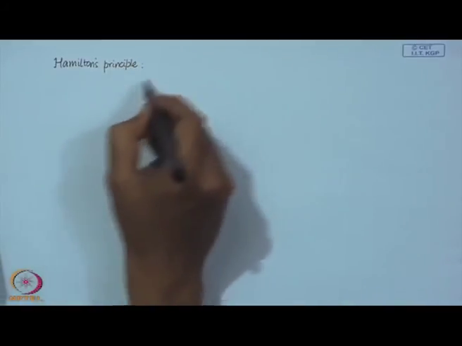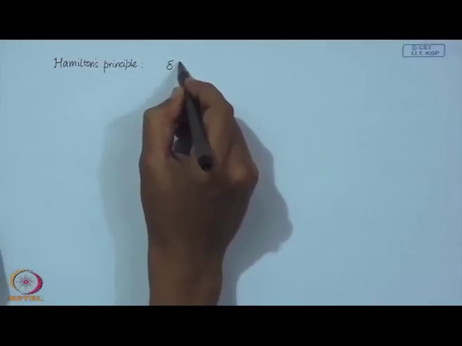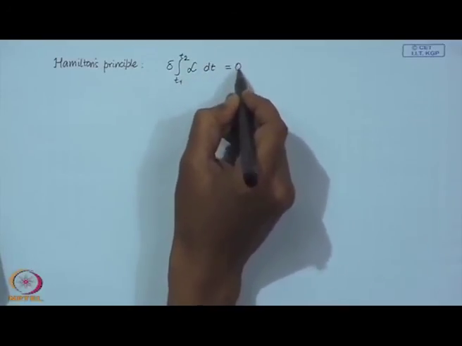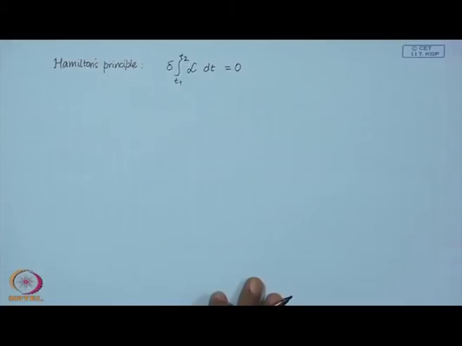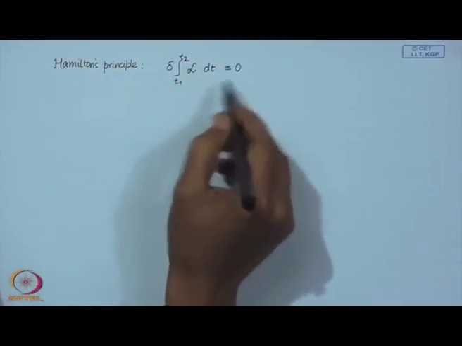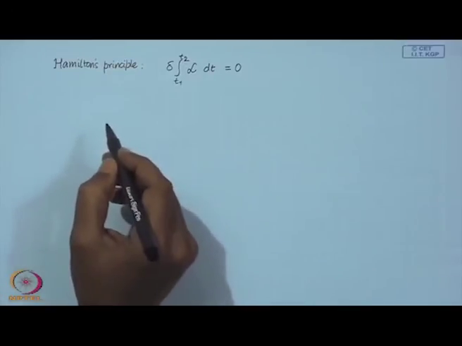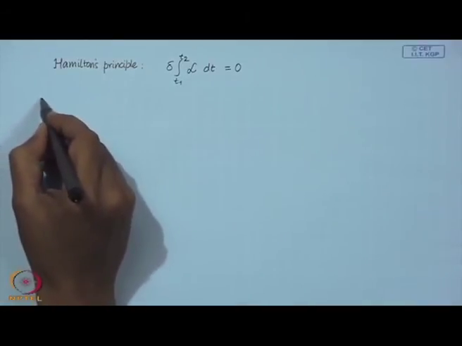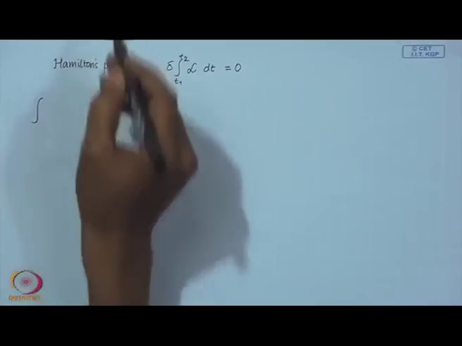which says that this must vanish, the variation of this Lagrangian, of this action integral must be 0. So, if you do that, then using the expression of the Lagrangian that we have just now derived,